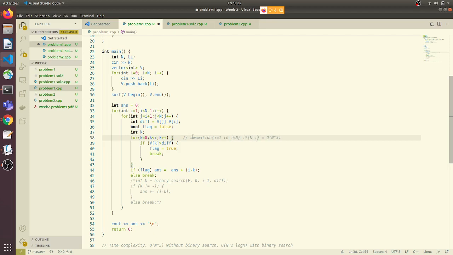Okay. Now, the time complexity is order n cube here. We can clearly see that this loop is adding order n times. Since the array is sorted, why not do a binary search? We can replace this with a binary search, and we will search for the first element which is